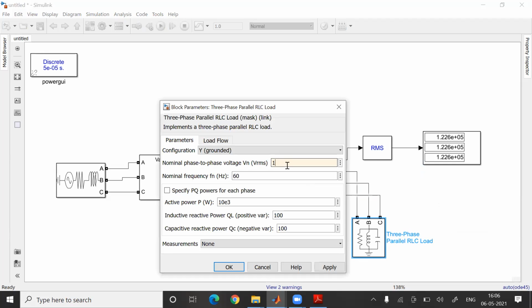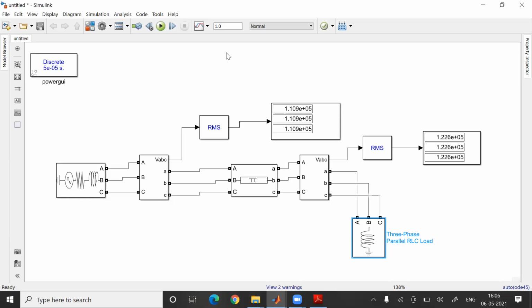This was 110 to power 3. This was 50. Let this active power be 0. Make this 0, make this 0. Let's see now.